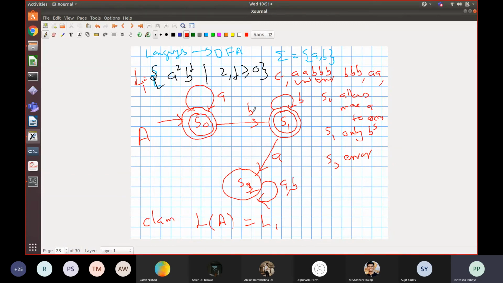So this is the kind of automaton we have designed. It works in 2 phases. The initial phase where a sequence of A's is occurring, and then a sequence of B's is occurring, and after the B's, if an A occurs, you reject, right? So is the design clear? Any confusion? This is the first automaton we have designed.